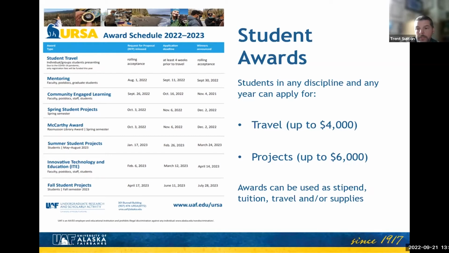For a group, that's two or more, it's up to $4,000. That may or may not be enough to cover the full travel. If it's in-state travel, somewhere in Alaska, $2,000 or $4,000 for a group is probably adequate in most cases. That may be the case for a national project, somewhere outside of Alaska, depending on how far away it might be and how many days it would be.